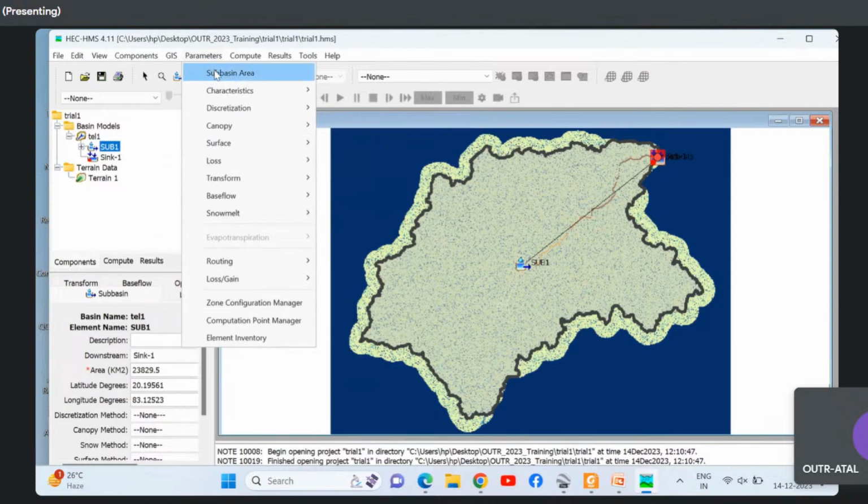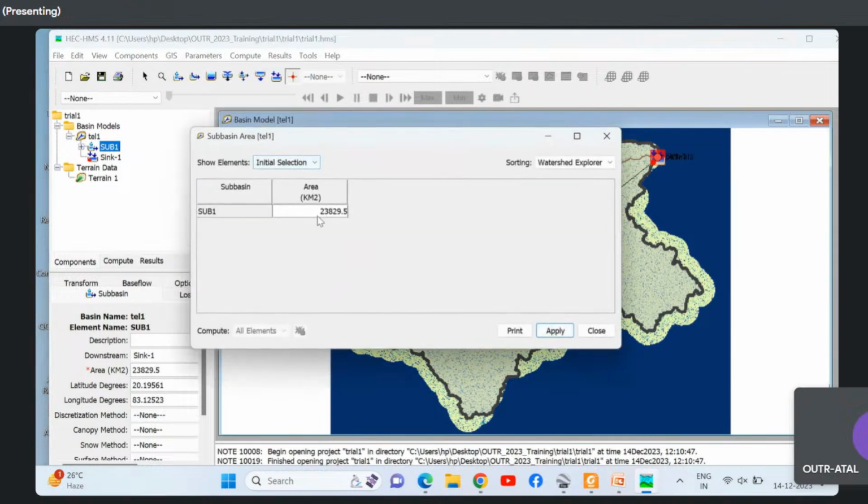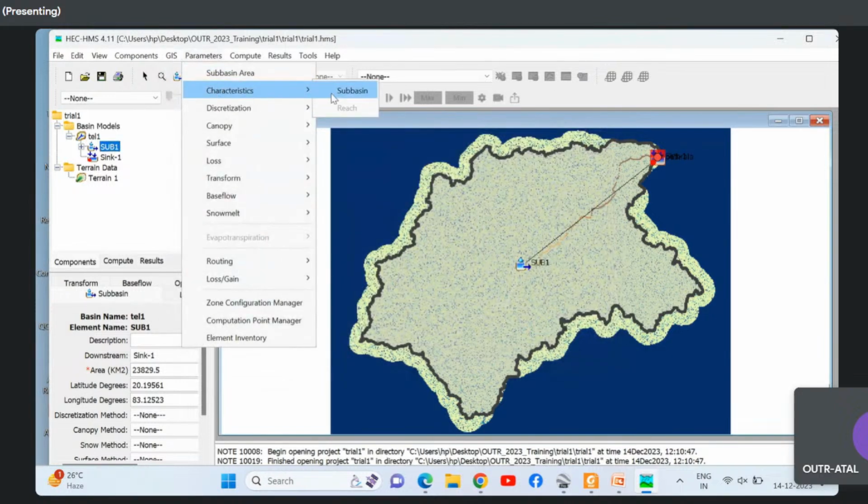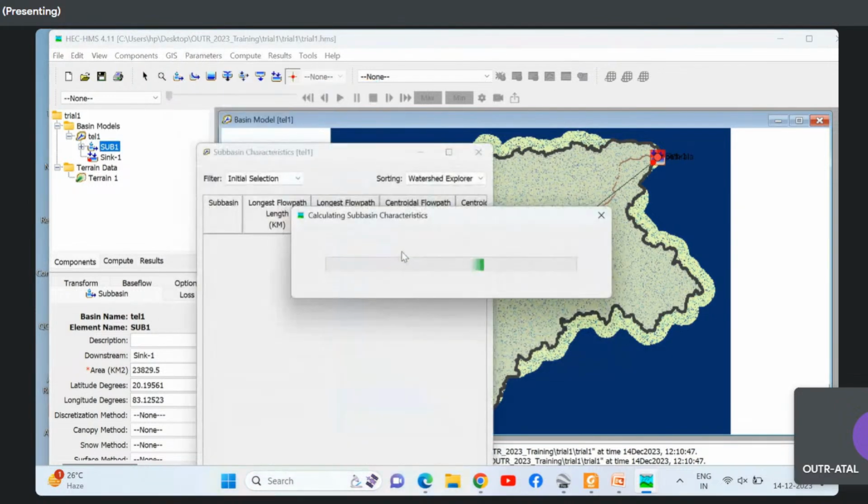Then as I told, I will choose my parameters: subbasin 23893 square kilometer, it will automatically determine all the things. Then characteristics, of each sub basin, if there are 20 sub basins, it will automatically give the characteristics of all 20 sub basins. We don't need to calculate one by